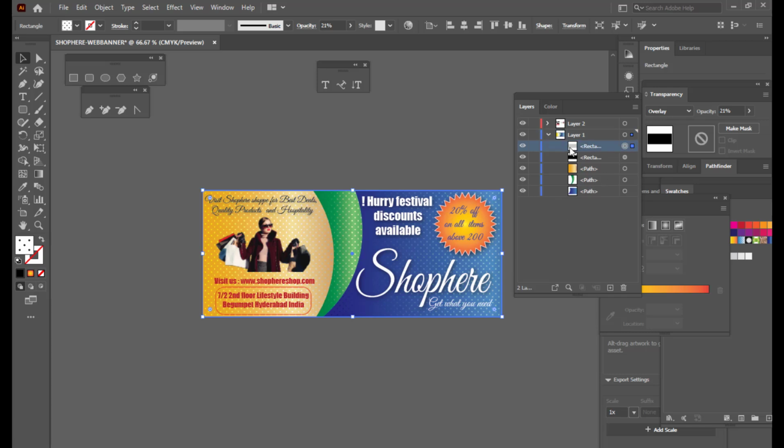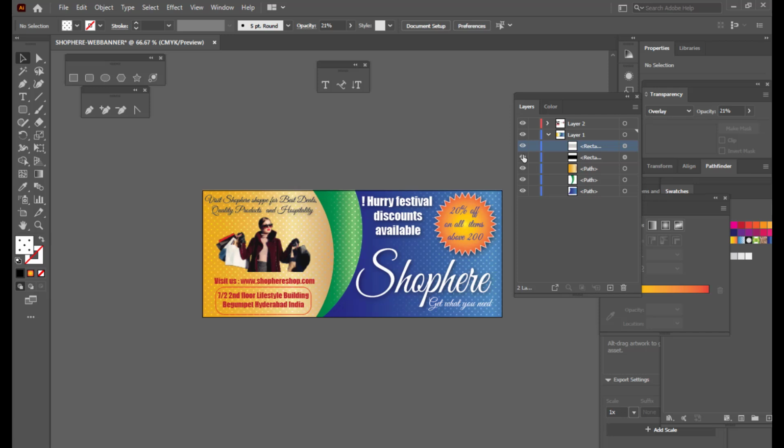Here we have the pattern, so we can check these patterns. We can make them a little bit lighter. So we can select both the patterns and change the opacity. Here we have the option.